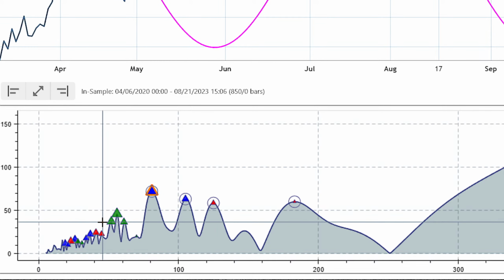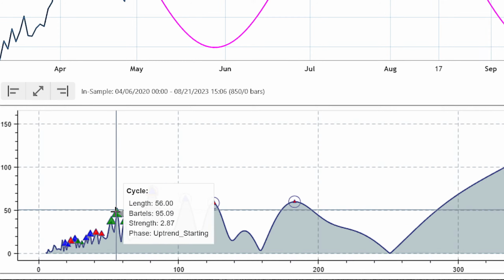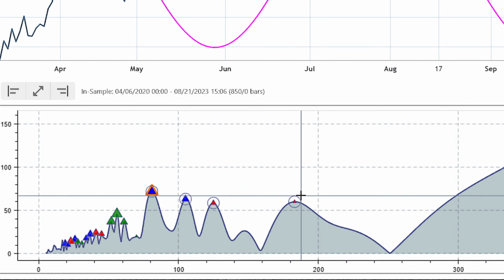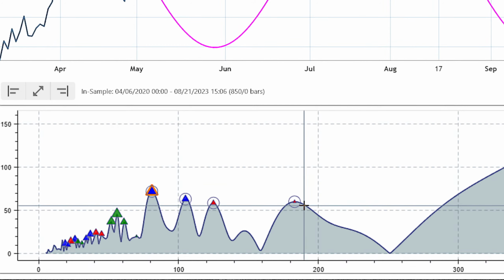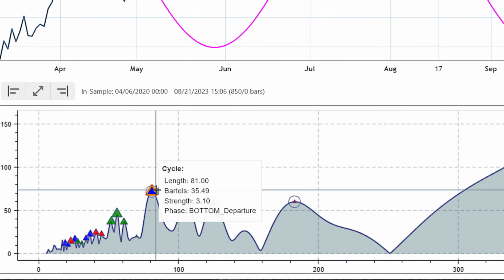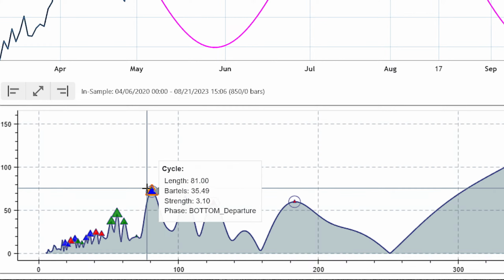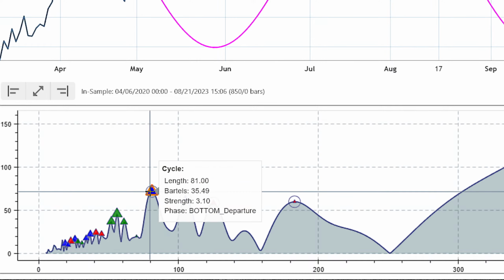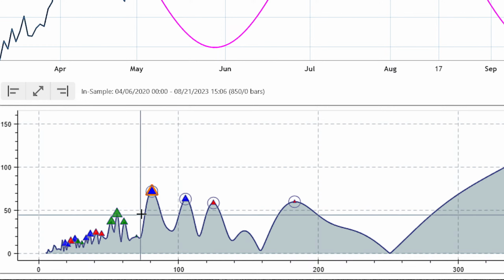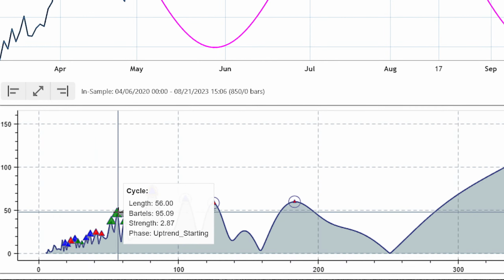So the green triangles represent high Bartels scores, and red represent bad or not so good Bartels scores, and blue is in between. So the blue triangle means the Bartels score is low. And if you're just looking for a good Bartels score, you would go with these 3 shorter term cycles here,